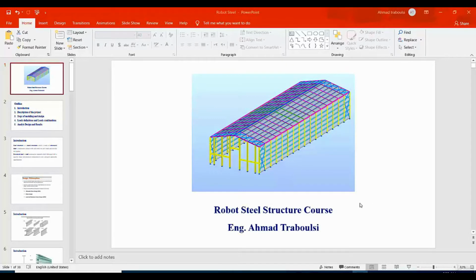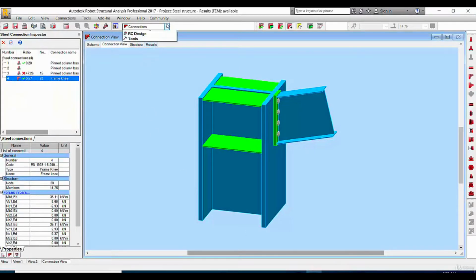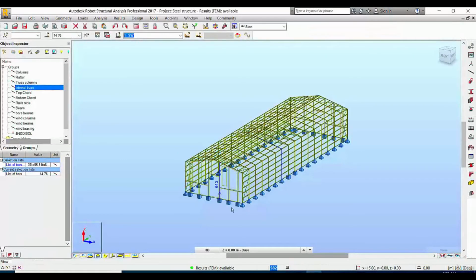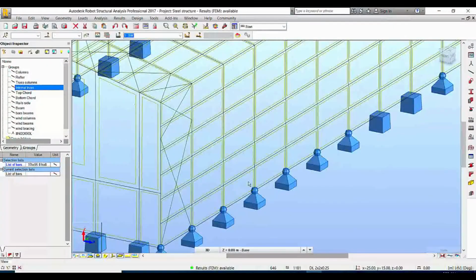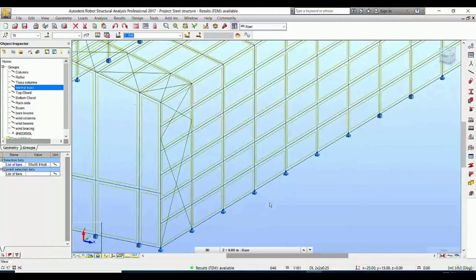Now in this lecture we want to design the concrete foundation of our project. We'll go to the Robot. So for example, if this node, the number of this node is 15. If we need to design the foundation of this node, first of all we want to know how much load we